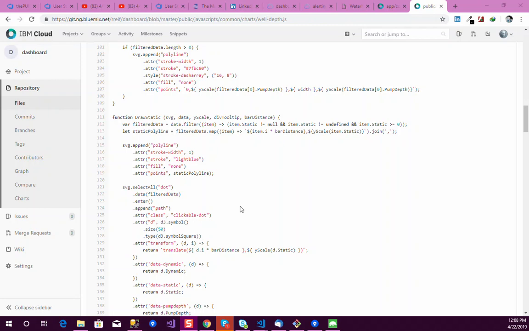In this video, we cover the negative static and dynamic values on the well depth charts. You asked in your comments why negative values of static and dynamic are displaying on the well depth charts. So I will explain all the logic and the reason behind it. So first of all,